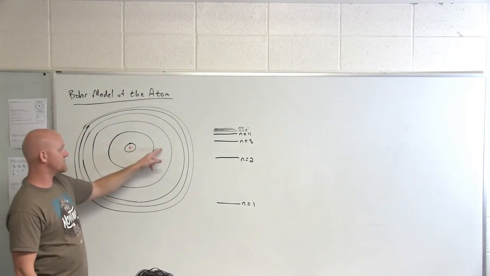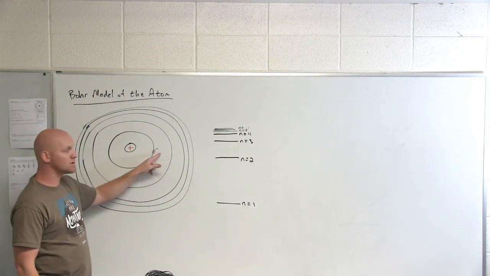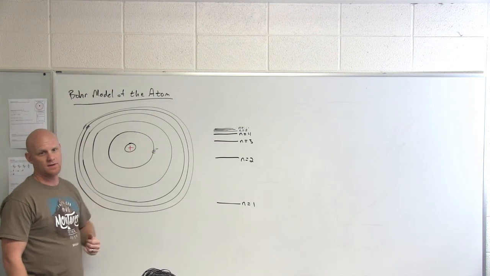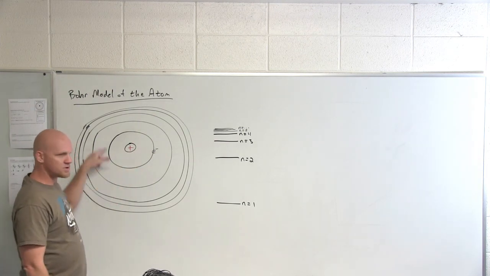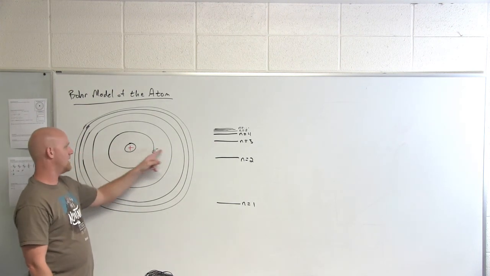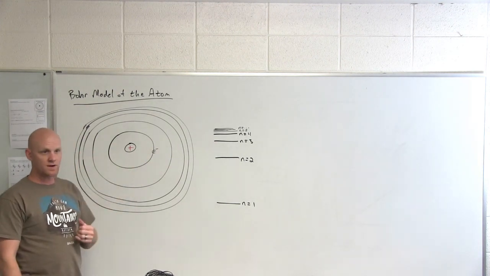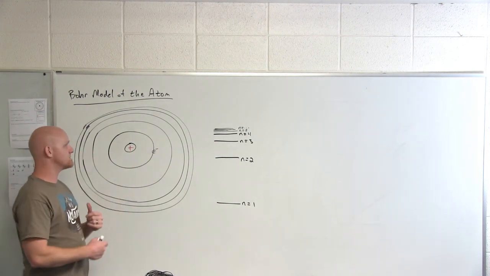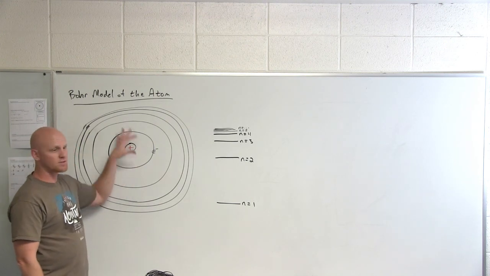There was an orbit here and there was an orbit at this distance, but there was no circular orbit anywhere in between. And we can talk about centripetal motion. He viewed these circular orbits and said mv squared over r equals the force of attraction, Coulomb's law and stuff like that, and derived an expression for this. But at the end of the day, it turns out his model was wrong, right?